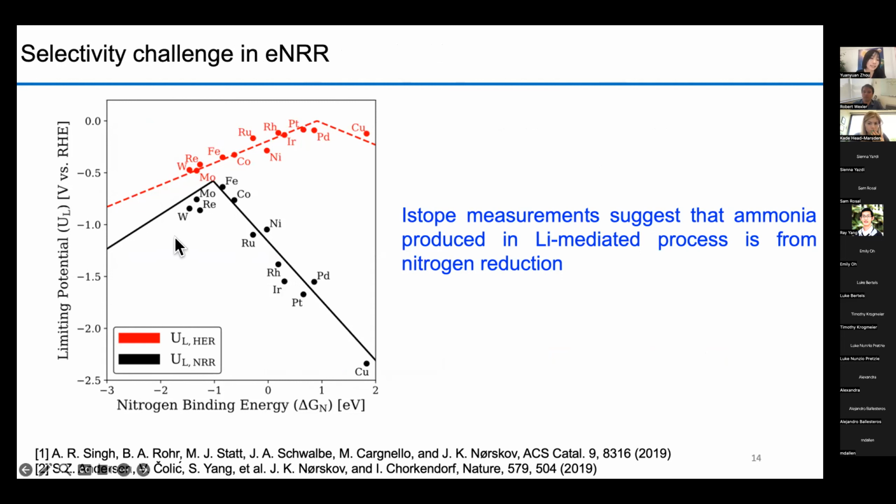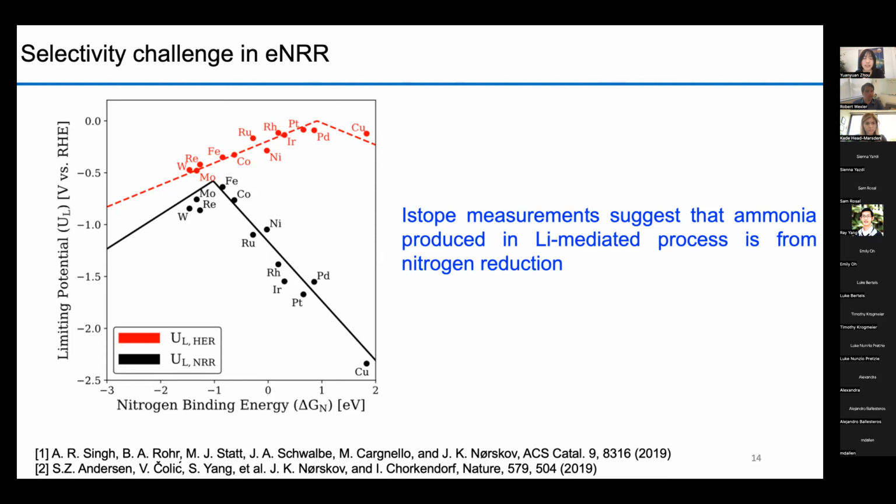We can see that the limiting potential for the nitrogen reduction reaction is always more negative than for hydrogen evolution, which results in the production rate of hydrogen being exponentially higher than that of the nitrogen reduction